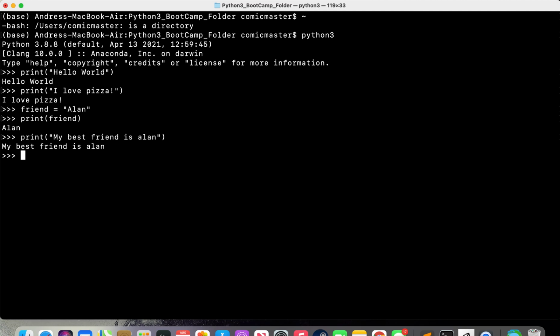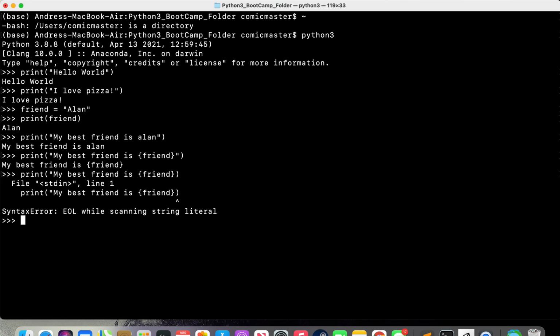What we can do that's cooler, and that, like I said, impresses friends, is if we do print my best friend is, and I do these curly braces, which are to the far right of the keyboard. I don't know how else to help you navigate that. And we type in our variable friend. We go friend, close brackets, my best friend is, and I know it reads friend, but if we were to press enter, oh, I totally messed that up. Sorry. What did I do wrong? Oh, of course. Yep, that's what it was. Okay, so if I were to do